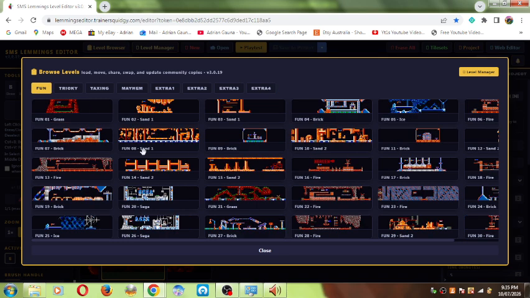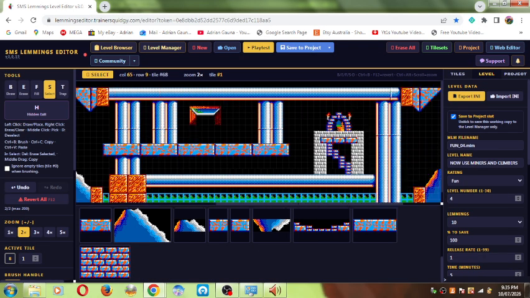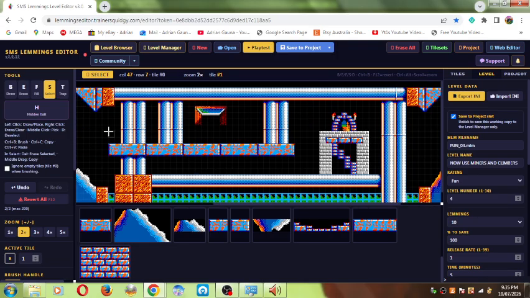Right, let's go back to fun for a second. Let's just pick something at random. Let's go to now use miners and climbers. This is an official level, right? Is that always there? Those three bricks? I don't remember it looking like that. Is that always there? Anyway,